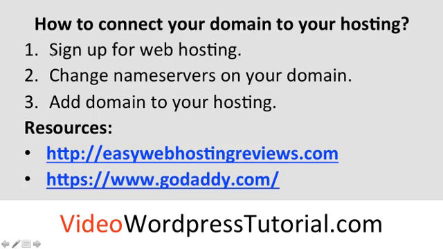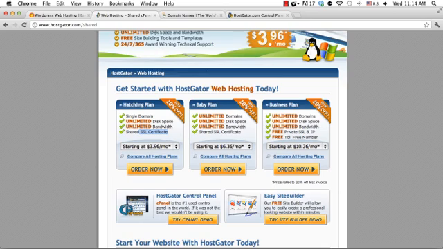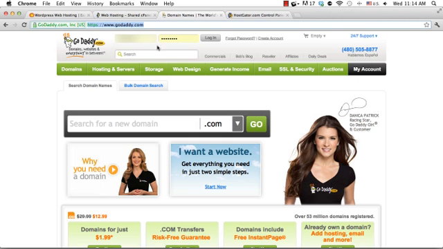So now, after we find out which web hosting company we want, we sign up for it, and they're going to send you the email with the name servers. Now we're going to go to the next step, which is changing the name server. All you have to do is go back to where you bought the domain, which in this case is GoDaddy. You're going to log in,